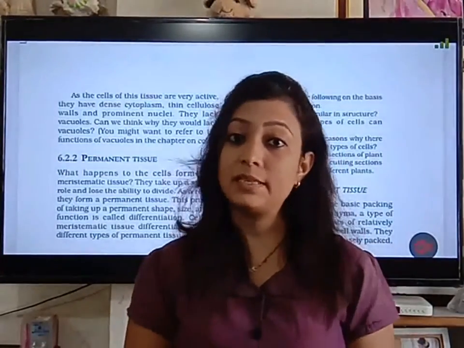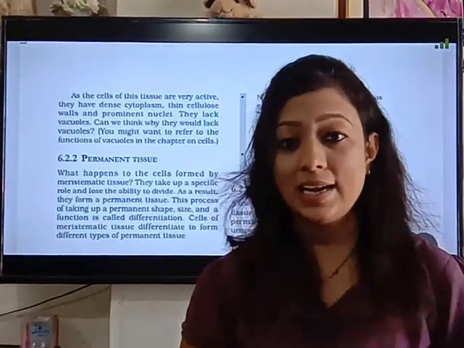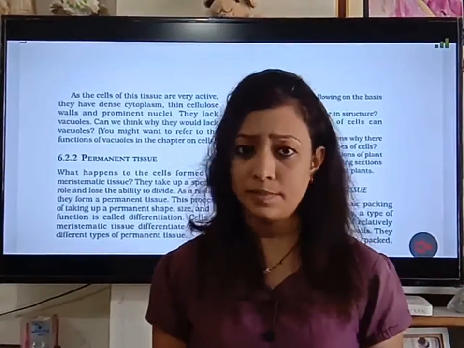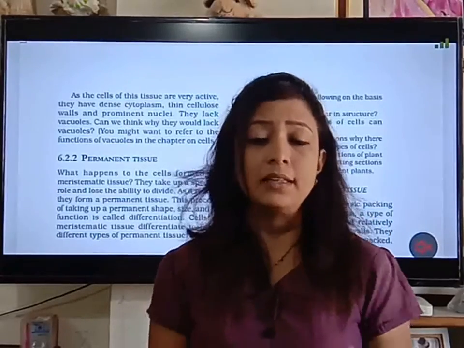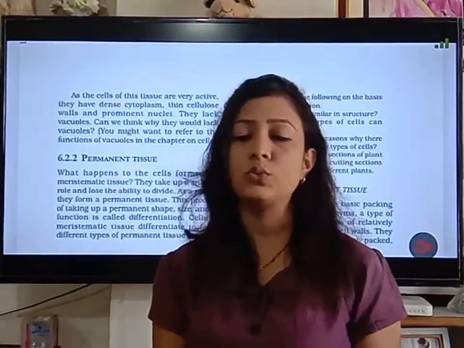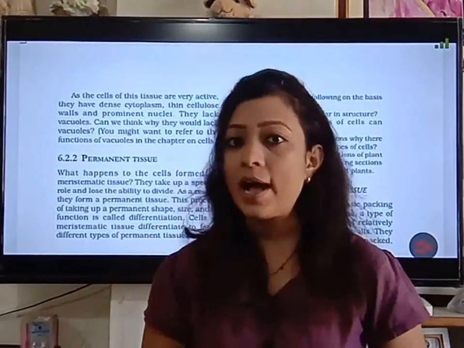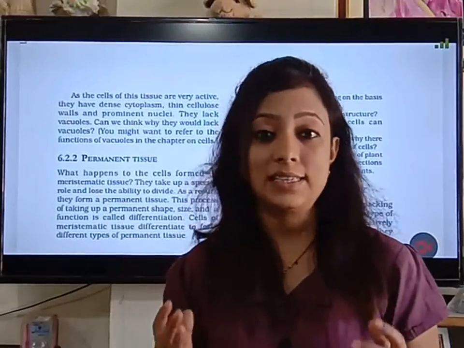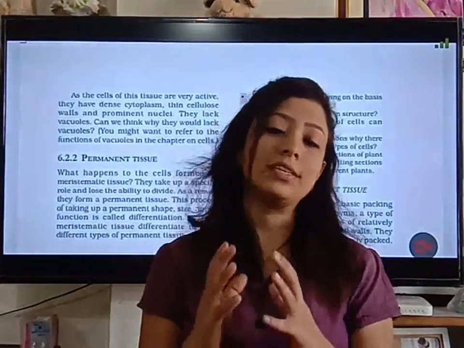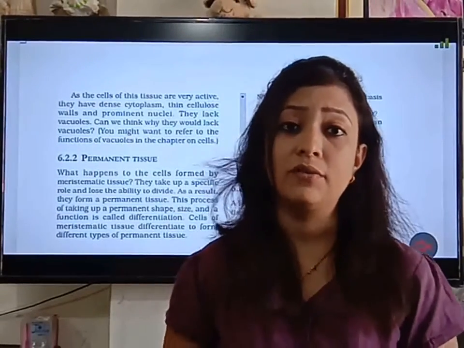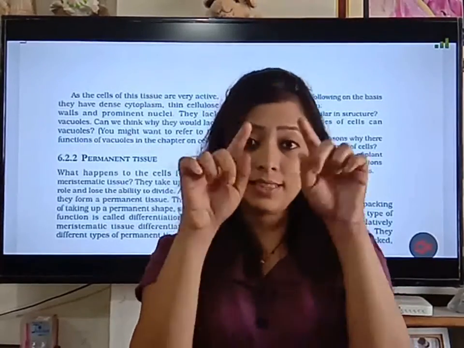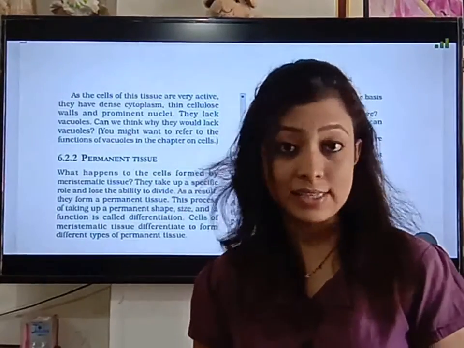Now the cells of these meristematic tissues are compactly arranged. They are tightly arranged, so there is no intercellular space between them. Intercellular space means the gap present between two cells. So the cells of meristematic tissues are tightly and closely packed, with no intercellular spaces. Next property: the walls of these meristematic cells are very thin because no lignin is deposited on their walls. So they have very thin and delicate walls.